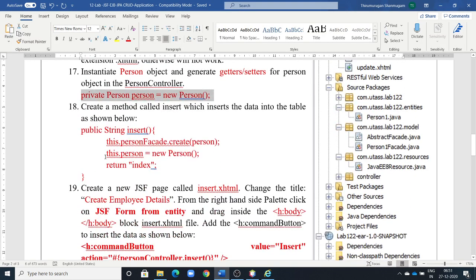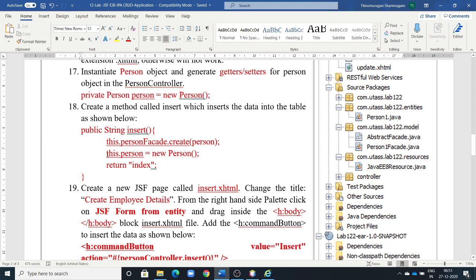Now what we are going to do, this is the method to insert the data into the database. What is this method? Public String insert. It is going to return a string that is nothing but your JSF page name. this.personFacade.create means it refers to the person facade, and create means it will add the data to the person.